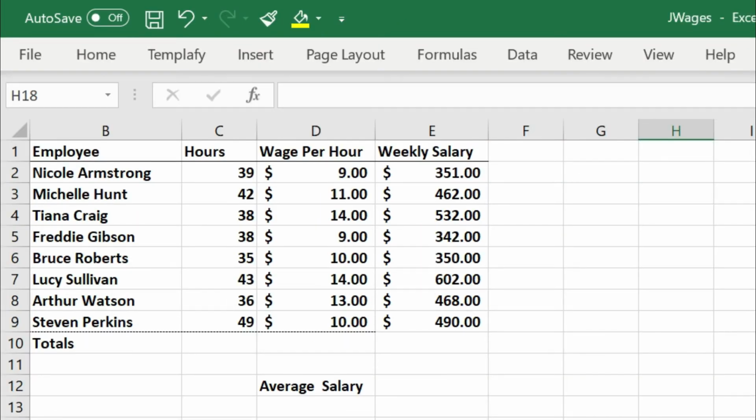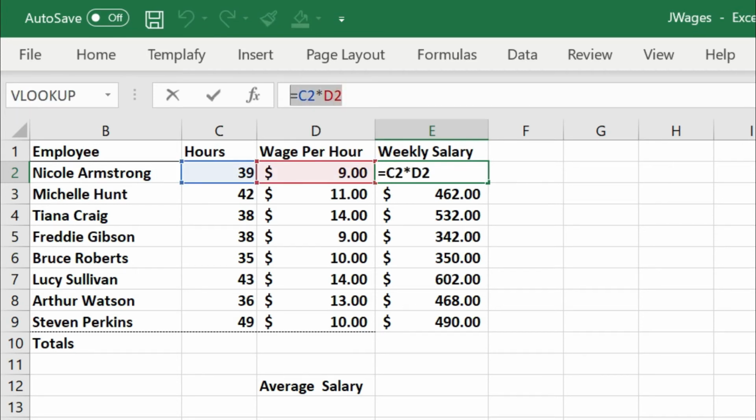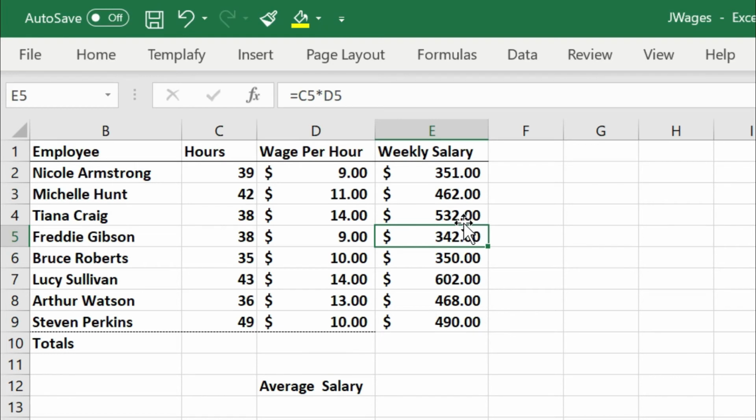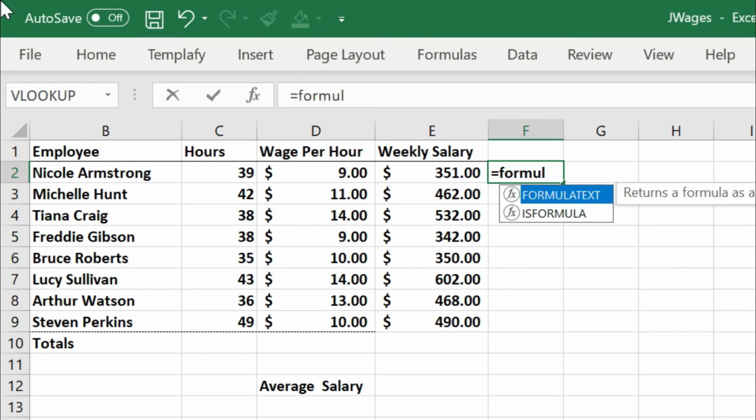Okay, perfect. Now my next requirement is I just want to know what formulas someone has implemented in all these cells. So one method is to just click on this and you can see in the formula bar here the formula is C2 into D2. But there is a solution in terms of functions that has been introduced starting in Excel 2013. It's known as formula text. Okay, so we can use Excel's formula text function to make our formula show up in the spreadsheet.